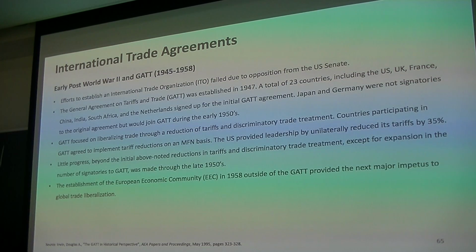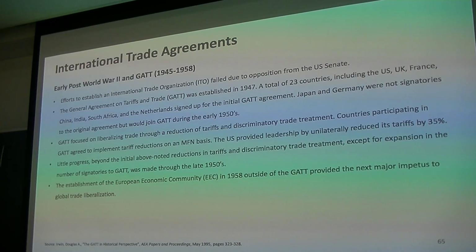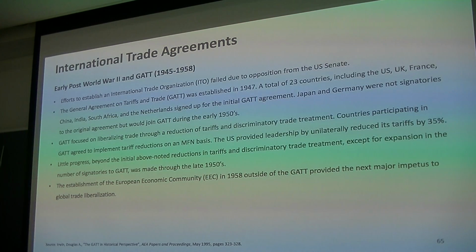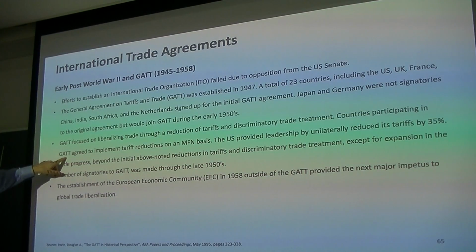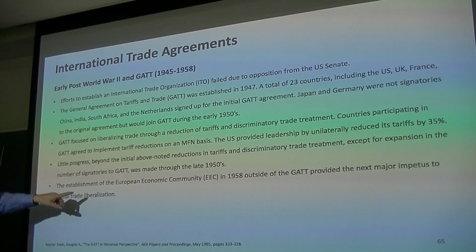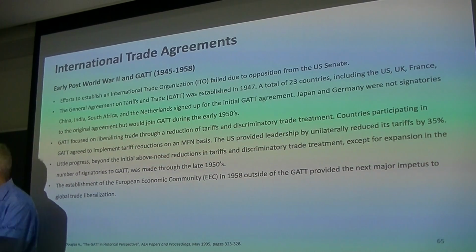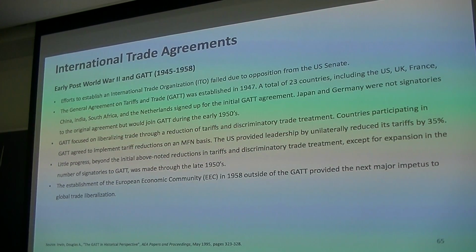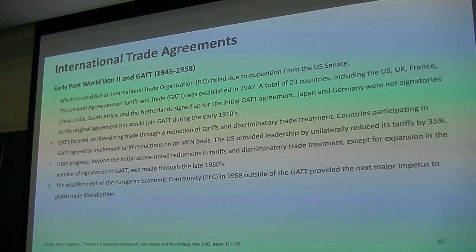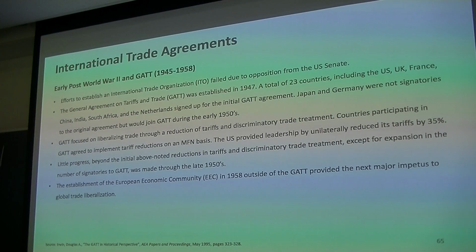Now, basically, it was an effort to undo the damage that took place in the 1914 to 1945 period. Countries participating agreed to implement tariff reductions on an MFN basis. So they were basically giving everybody that were parties to the agreement a form of most favored nation